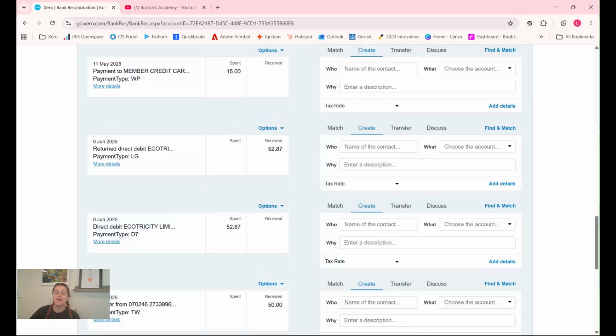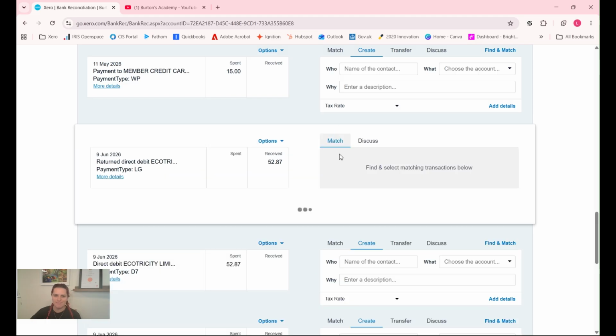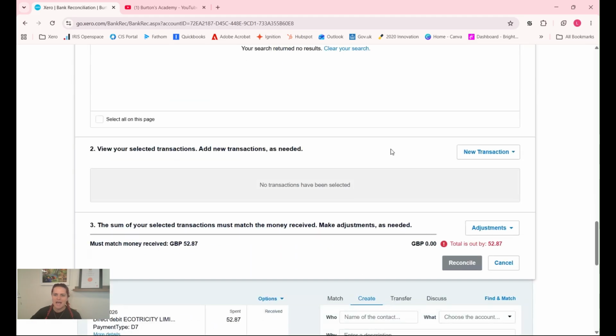Option number two. Now we're going to pretend that this is actually a customer payment. So we're going to start with the received item first. Again, for ease, I'm just going to use the same company name because I've already got it set up, but we're going to pretend this is a customer. So instead of creating this transaction, what I might actually say is, there's no invoice this relates to, but it is an overpayment. So maybe what we could do is go onto the match page and then scroll on down